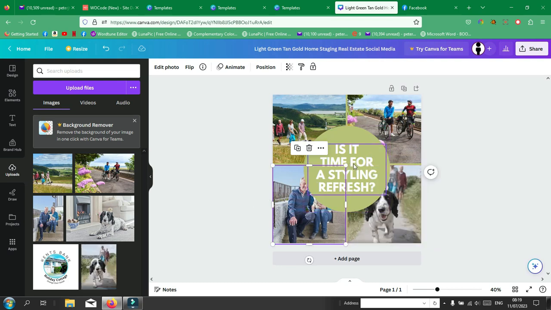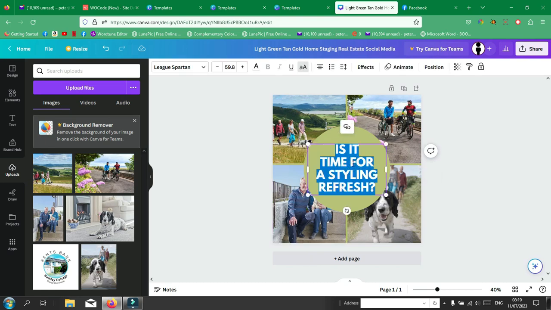So in the centre, it's time for a stylish refresh. I could put, at Lothlorien Holiday Cottage at Lothlorien. Now that's very big, David. So what I do, I click on the text at the top, drop it down,